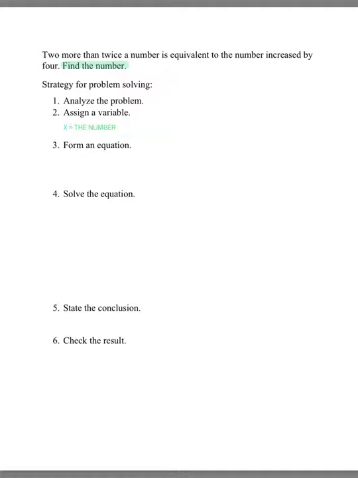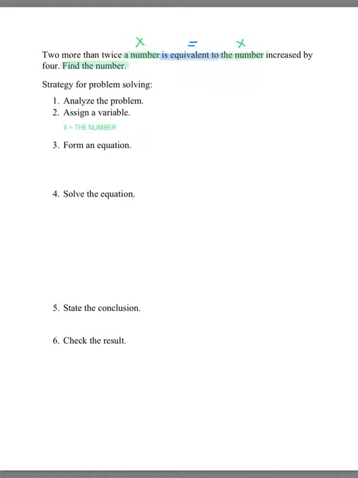So now let us continue analyzing the problem by extracting as much information as we possibly can. Keep in mind that wherever you see a number or the number, ideally that's our variable x. That's by our assignment of a variable. And then also a key thing is the words "is equivalent to." That's an indicator of an equal sign. This is always good to start off with as well, because it's going to separate the left side from the right side. And now what we have is